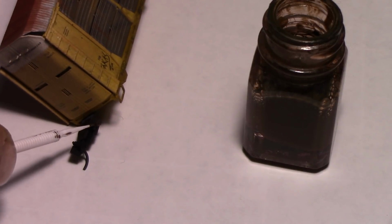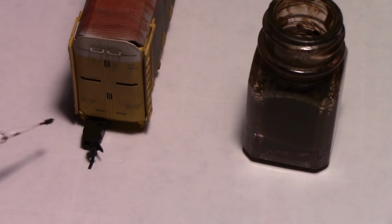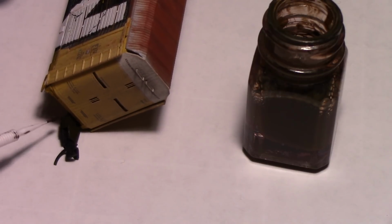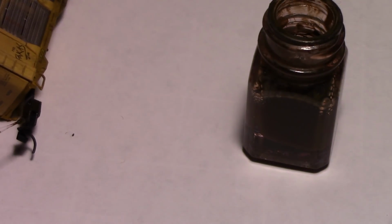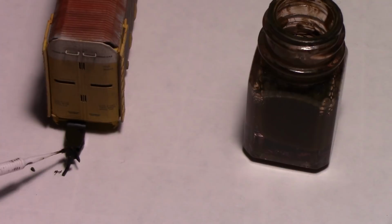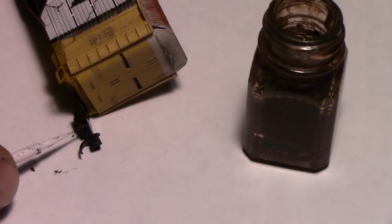So I mentioned before that you got those Woodland Scenics track pens, and the tips usually get frayed pretty quickly depending on how much you use it. I know it comes with an extra tip, but even then, if you use that one up, there's still usually a lot of leftover ink inside the pen. So what I did here is I cut the pen open and emptied whatever was in the pen into a bottle, and it seems to be working pretty good. Stores well,